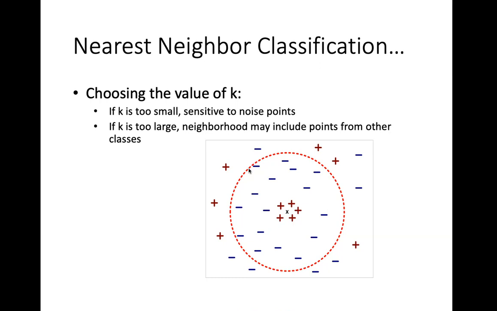So the neighborhood value should be tuned very carefully. If it is too small, then if there are some noisy points, it might not be able to focus in on the broad one, and it will just be going according to the noise. But if it is very large, then it might not be so sharp, and it may include points which are from other classes as well. So that's why you have to carefully choose this value of k.